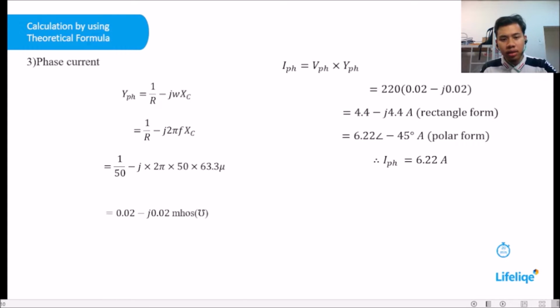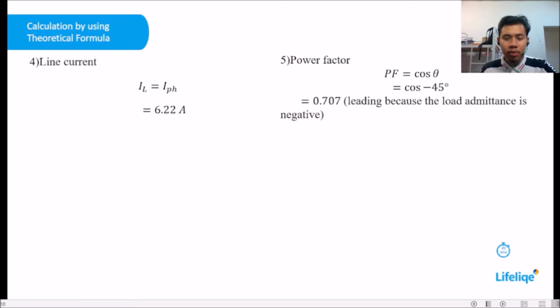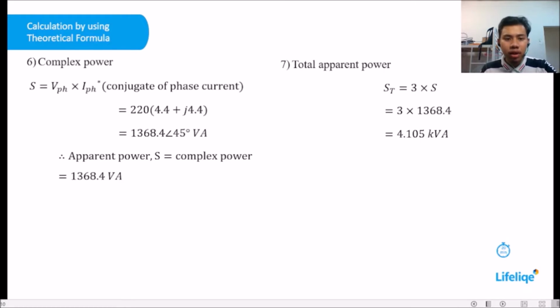To find phase current, the formula is YPH equal to 1 over R minus jωC, and the answer is 0.02 minus j0.02 ohm, followed by the next formula, IPH equal to VPH times YPH, and the answer is 6.22 ampere. For line current, IL equal to IPH, so the answer is 6.22 ampere. The power factor formula is PF equal to cos theta and the answer is 0.707 leading, because the load admittance is negative. The formula for complex power is S equal to VPH times IPH conjugate, where IPH conjugate is the conjugate of the phase current, with the answer